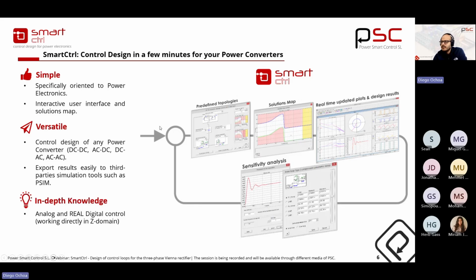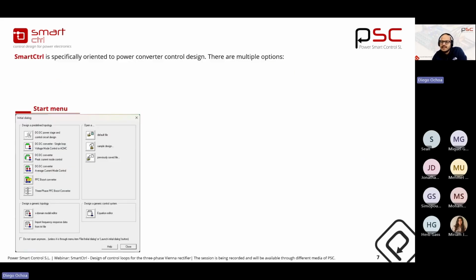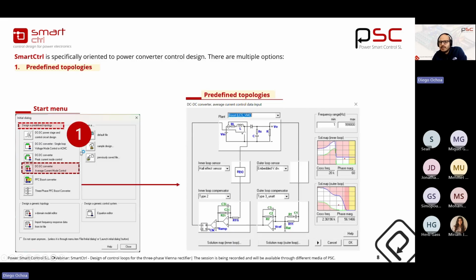When we open the Smart Control software, this is the first window that appears, and here we can select different options. The first option to define the converter plant is called the predefined topology. As you can see here, we have different control structures. For example, you can find a single loop if you want to control only the output voltage or inductor current. Also, you can find the control structure for peak current mode control. And if you have a double loop or average current mode control, there is also another predefined topology